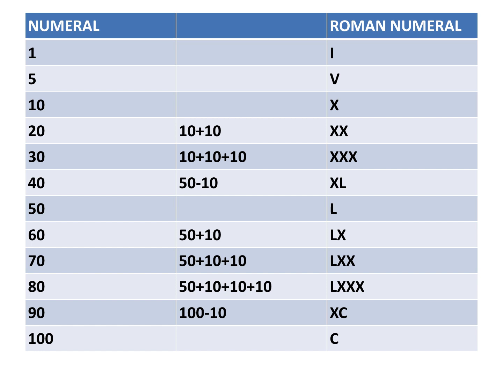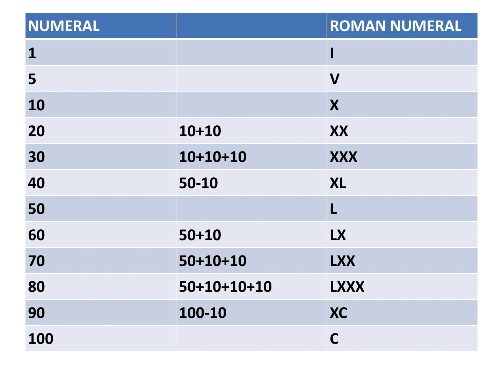20 means 10 plus 10, that is how to write XX. 30, 10 plus 10 plus 10, that is XXX. And 40, we will not repeat X 4 times; for writing 40 we subtract 10 from 50, that is XL. So a smaller number on the left side means we subtract: 50 minus 10. Then for representing 60, 50 plus 10. So how to represent 50 we know, and plus means we write the smaller value letter on the right side of the bigger letter. Like this we can represent the number.